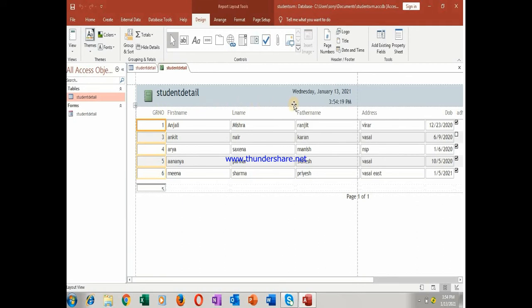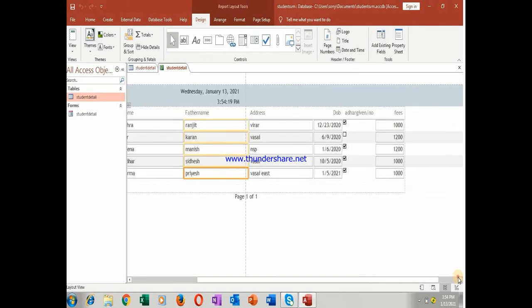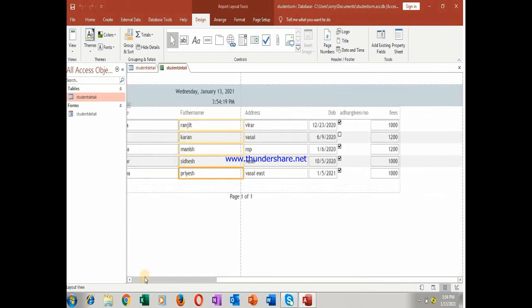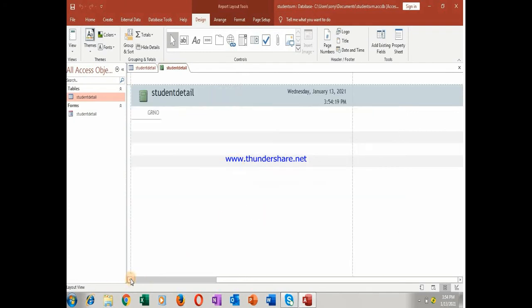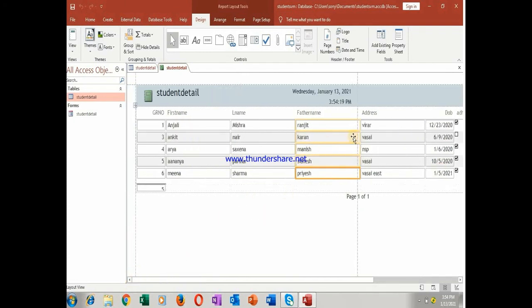Student detail, this is the name of the company, this is today's date, time. With that you will be getting a report. Can you see here the report? So this is the report. 5 details are there, it is showing you total 5 details are there, and this is the whole table. It will be shown like this, and you can take a printout also, because page 1 of 1 means you can take a printout also of this.